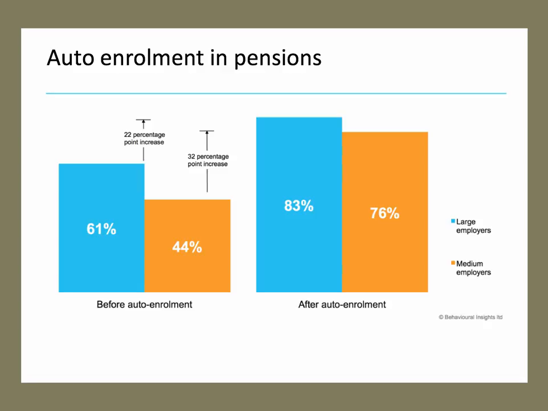A quick word about auto-enrolment. This is the government's behavioural nudge to try and get more people to start saving in an employer-provided pension scheme. So they have brought in mandated choice, or auto-enrolment. And you can see that it's been quite effective. There's been a 22% increase in the number of people in large employers who have enrolled in a pension scheme. With medium employers, there's been an even bigger increase, a 32% increase, 44 to 76, in people joining these